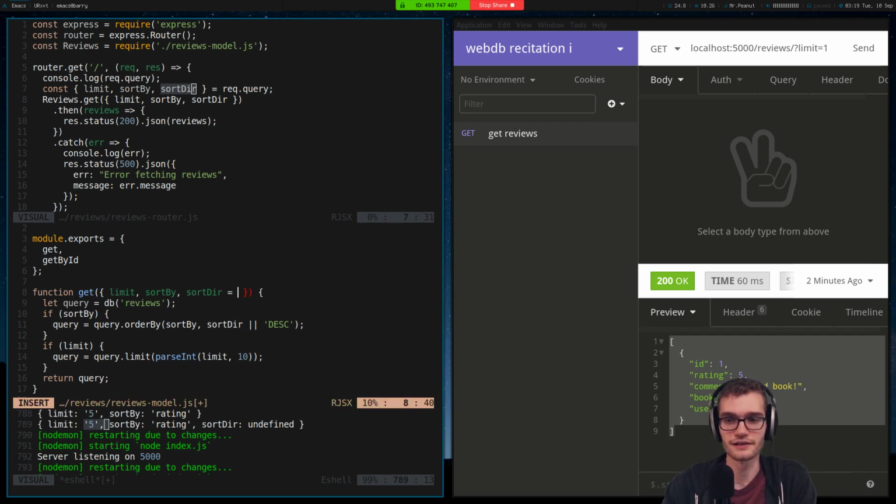We could set a default value on our destructure, which I'm going to do here because I'm not sure how many of you have seen that before. And what this is going to do is when it performs the destructuring, if it finds that sortdir is undefined, it will instead give it the value descending, which is pretty cool. So that's how I'm